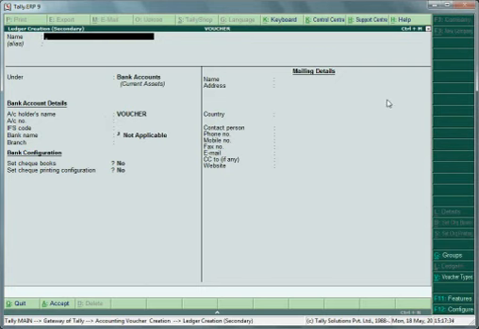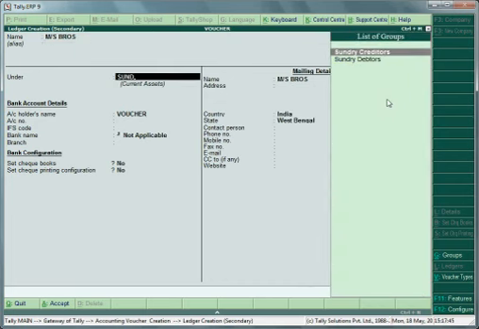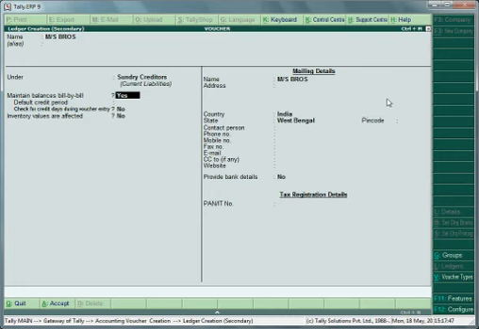And here we suppose name sundry creditors, that is Messrs Bros, which is under sundry creditors account. Here maintain balances by bill. We want this as yes, because we want payment against a bill. Now here we don't press Ctrl plus A for accept it, because if we press Ctrl plus A,